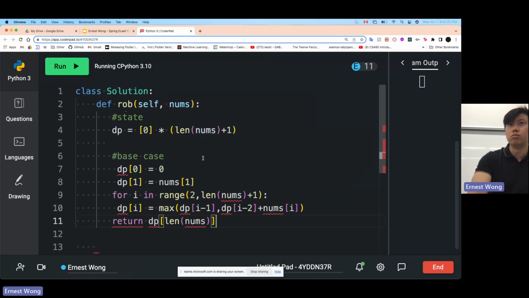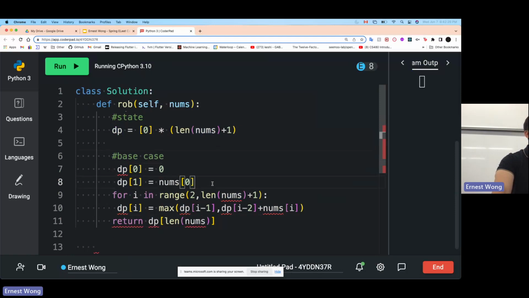All right. Do you have any questions? Yep. For the base case with dp of 1, that's just when there's one house, right? Yeah. So why do you grab the 1 index of nums? Wouldn't the first index be 0? Oh yeah, it starts on 0. That is my bad. It should be 0.